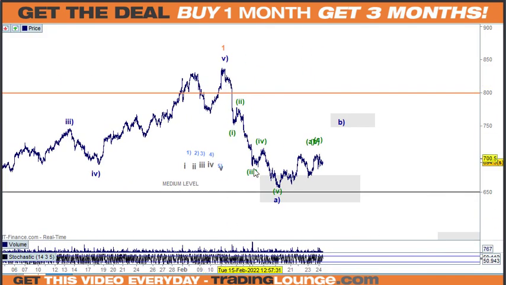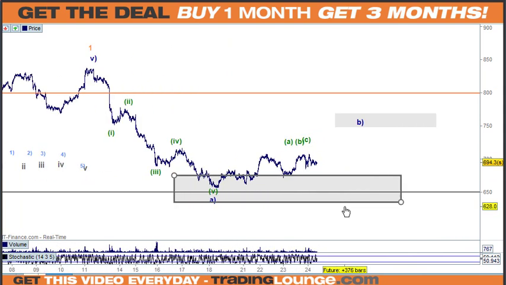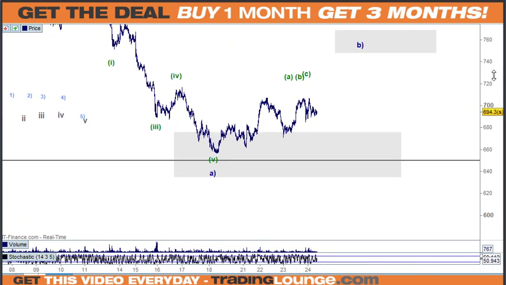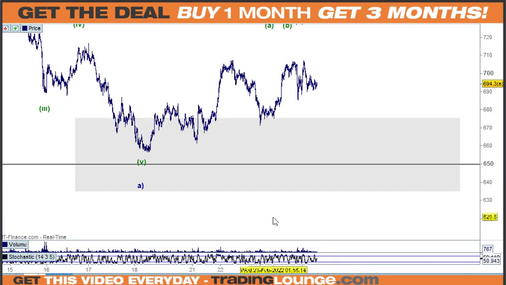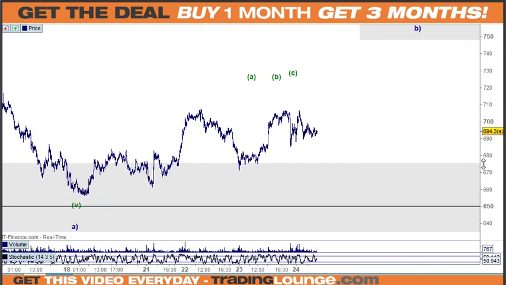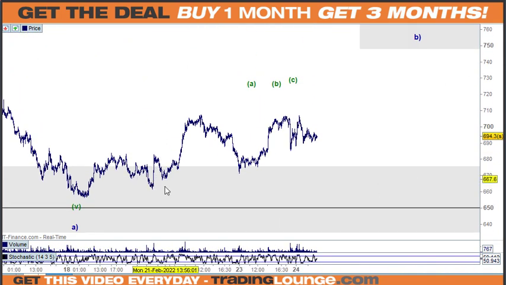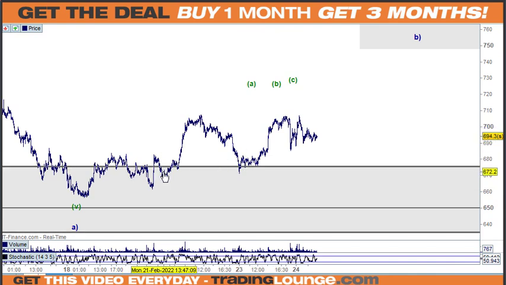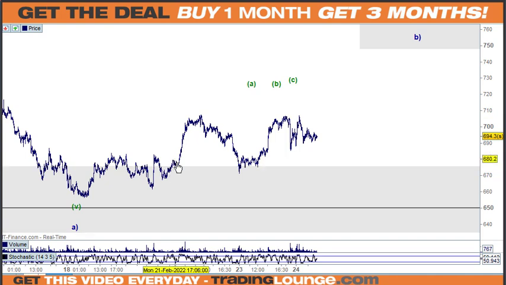So we counted 5 waves down, and then we're looking for it to move back up. I don't really know how to count this. I mean, it's just a bit of a guessing game at this moment. I can see some of it, and I can't see all of it. I don't know if I should include that as 1 and 2 and 1 and 2, or 1 and 2 and 3 and 4, because I can see 1, 2 in here as 5 waves in here, 1,